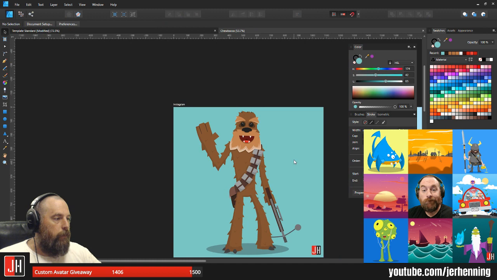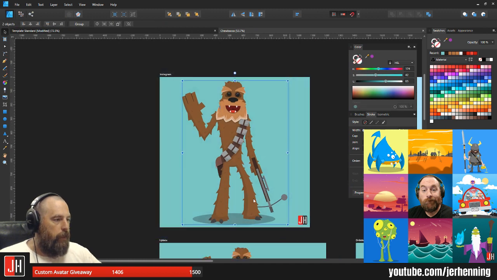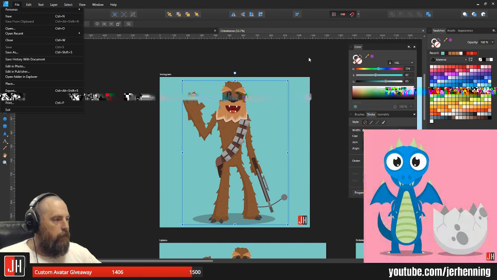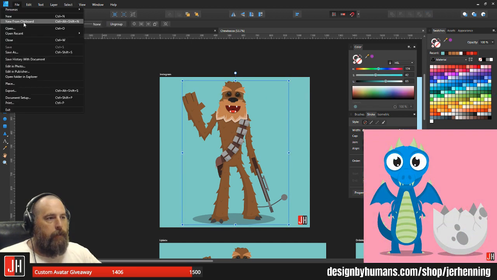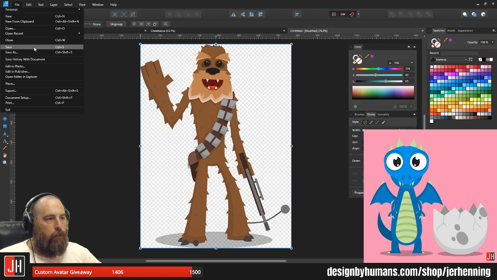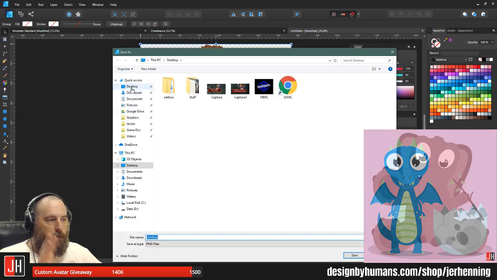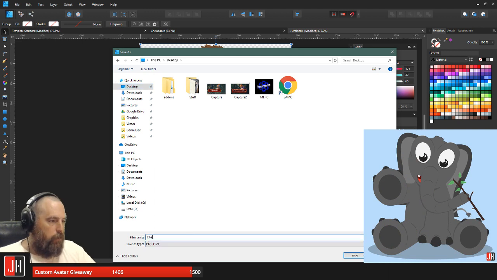But what we're going to do is we're going to take Chewie, we're going to copy him, and then we're going to put him in its own output. So we'll go export, and we'll export Chewie to a basic PNG file, which is going to be a flat image file, right? So we'll say Chewie. Okay? Now,